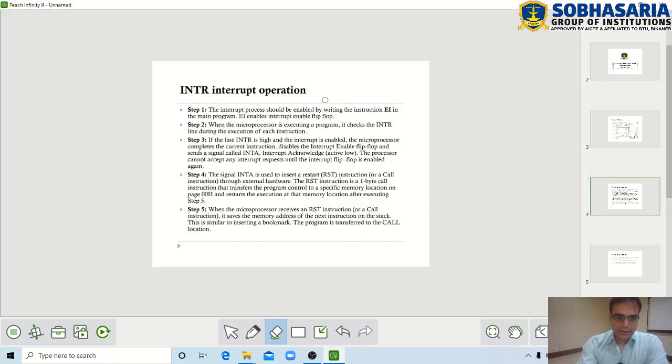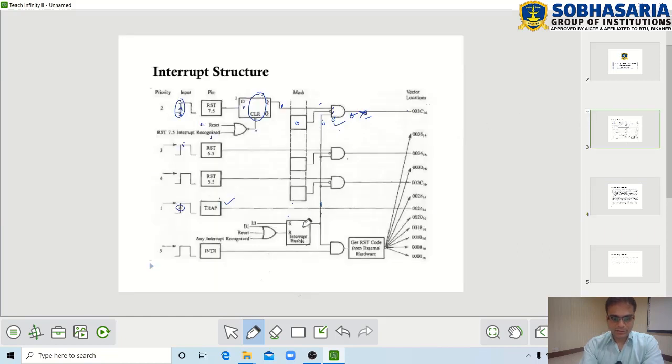Okay, so INTR operation: the first thing is, if we want to use the INTR interrupt, then the interrupt process should be enabled by writing the EI instruction in the main program. Obviously we want to enable the interrupt enable flip-flop. So this is the interrupt enable flip-flop which we want to enable, and then Q will be 1. So Q is 1, then this is going to work, this is going to work, and this is also going to work. Here we are only concentrating on INTR.